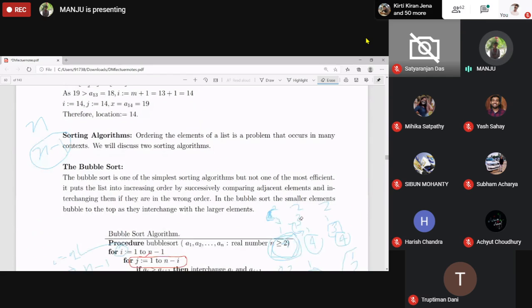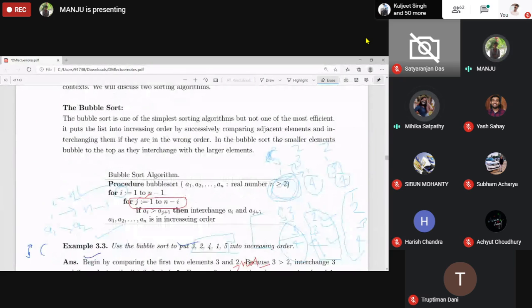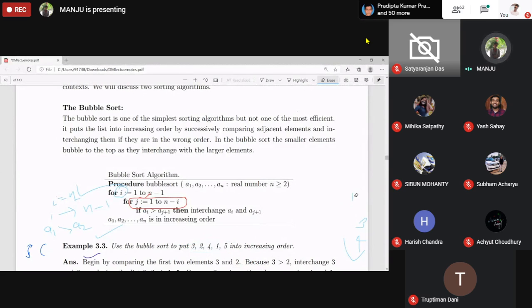ये वाला प्रोसीजर समझ नहीं आया? मैम एल्गोरिथम के साथ कंपेयर करके थोड़ा समझा दीजिए. वो कंफ्यूजन हो रहा है कि i का वैल्यू कैसे चेंज हो रहा है. ओके. i का वैल्यू फर्स्ट पास के बाद ही चेंज हो जाता है. अच्छा, ओके. That is, for first pass i is equal to 1, for second pass i is equal to 2, for third pass i is equal to 3, and so on. Did you get it? ओके मैम.